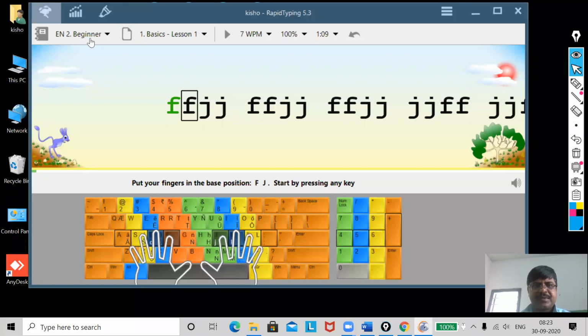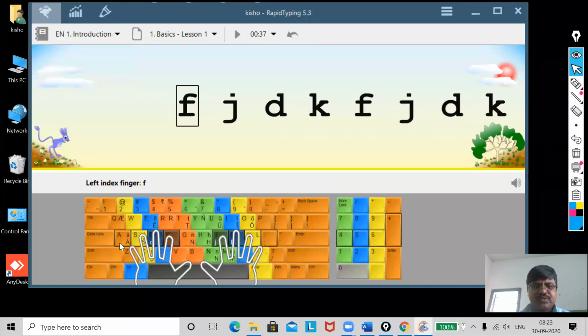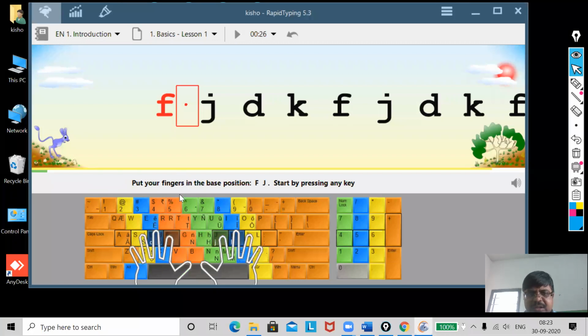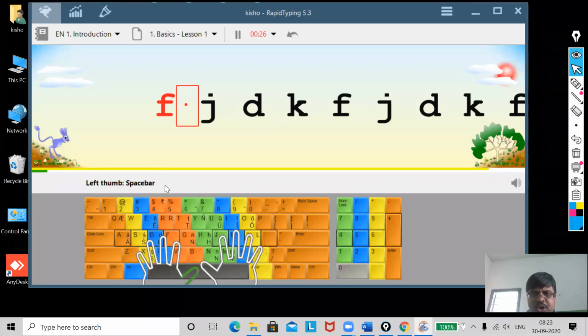A, this is for the first one. A, S. Now you can see it. A, S, D, F, G, semicolon, L, K, J, H. Now you can see, again I am showing you, my dear. You only see how my keys are pressed. A, S, just you see on the screen, the keyboard it is showing, my dear.